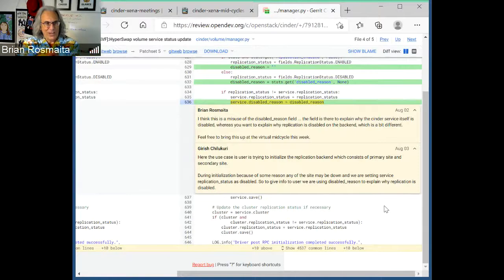In this particular case, I believe it has to do with enabling replication, and under some circumstances, replication is being turned off. Something's happening in the driver, and they want to report back out that there's a problem with the backend, or maybe not even a problem, but just information that replication is off because one of the nodes is down or something like that.